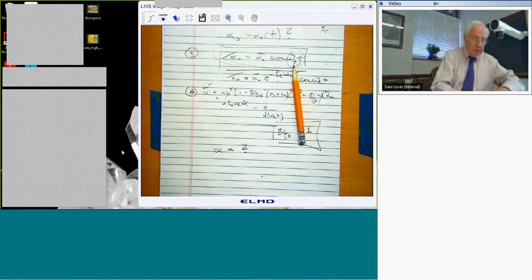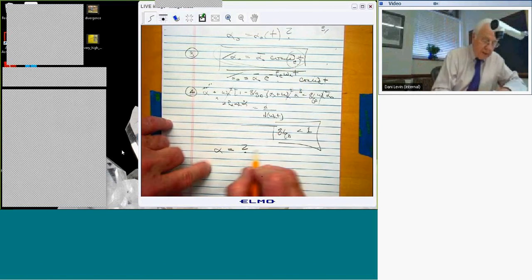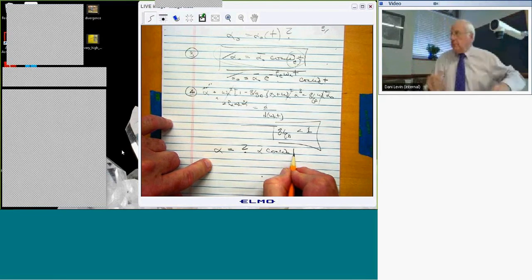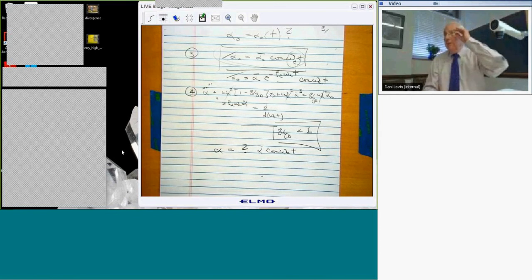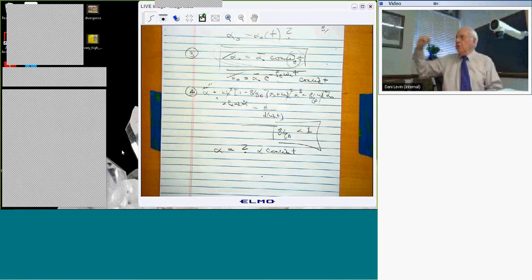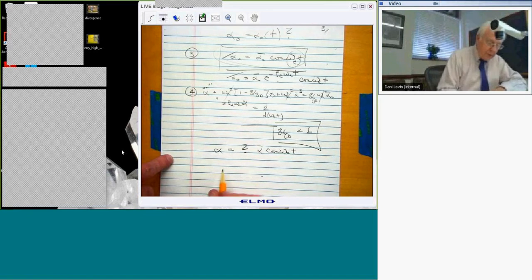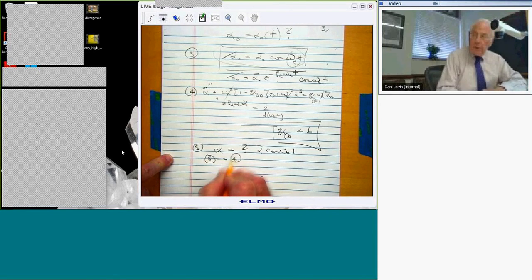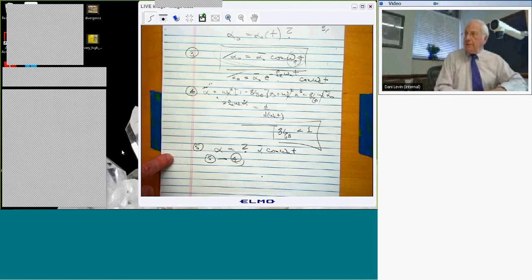But let's do this. Let's assume the solution for alpha is alpha bar cosine omega_E t, right? I mean, that's excited at that frequency, so it responds at that frequency. Actually, we'll see it responds at not only omega_E, but 3 times omega_E and 5 times omega_E and 7 times and so forth. But we hope that the responses at those other frequencies are smaller than the response at omega_E. So if we put 5 in 4, and I'm going to leave the damping term in because you insisted. It'd make it a lot easier if I didn't have it, but